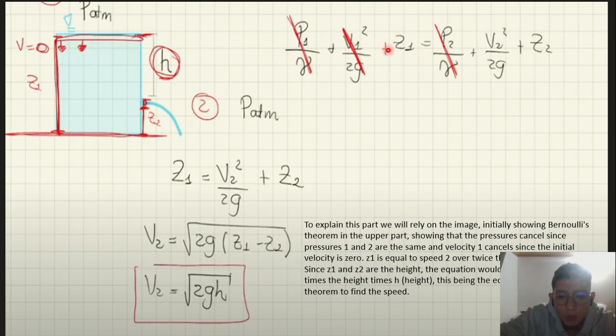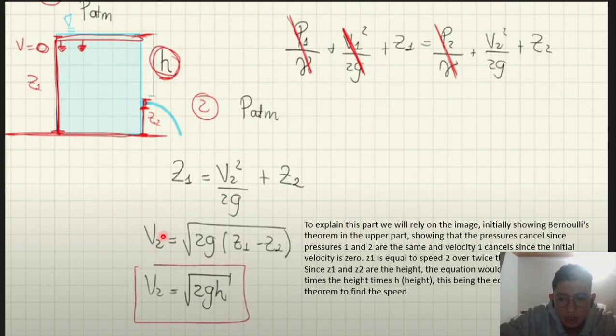C1 is equal to speed 2 squared over 2 times gravity plus C2, where C1 and C2 are heights. The equality will be